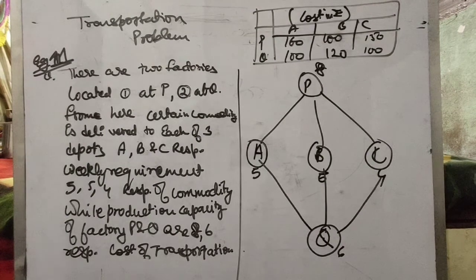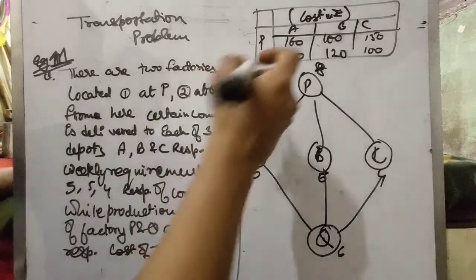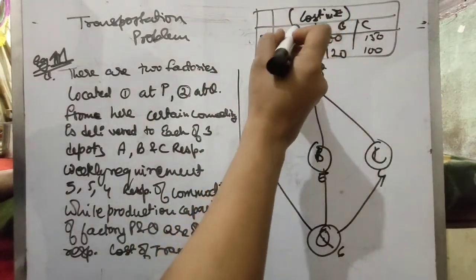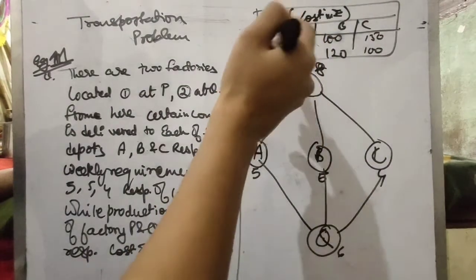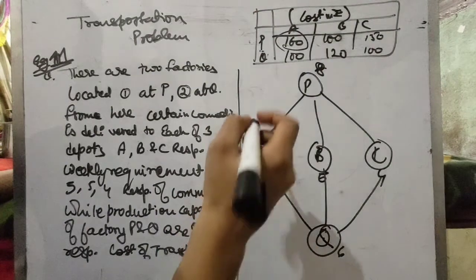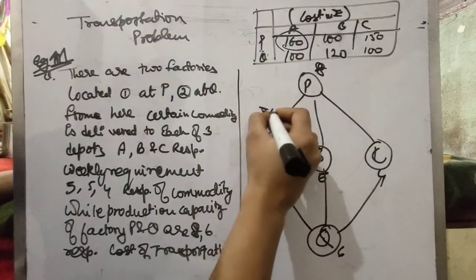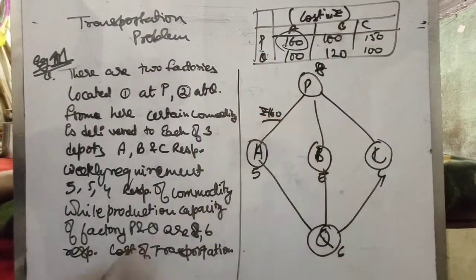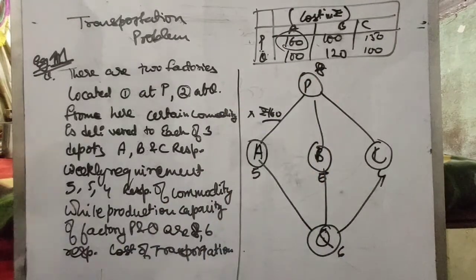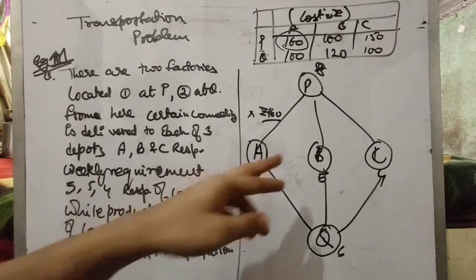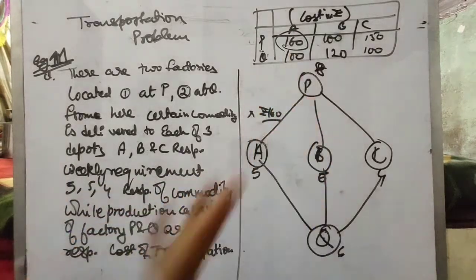Okay, so now we will be marking up with the questions. Now look here, you are given company P transportation cost for delivering to A is rupees 160. So 160 I'll mark here, and they supply with X number of quantities. So what I'll do is I'll simultaneously write with the prices and the quantities also.